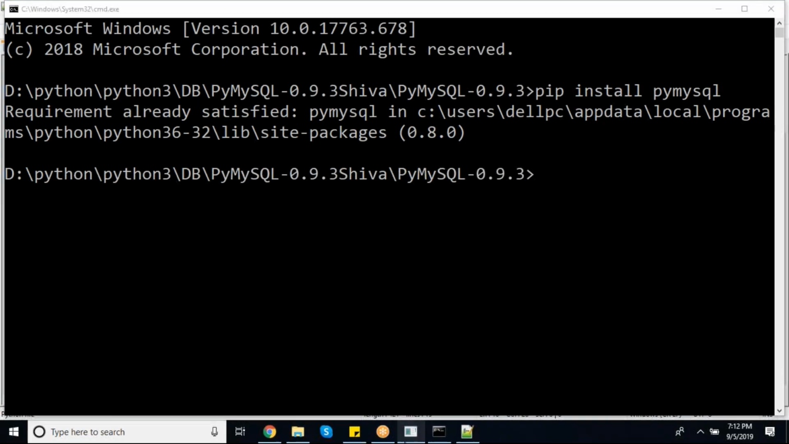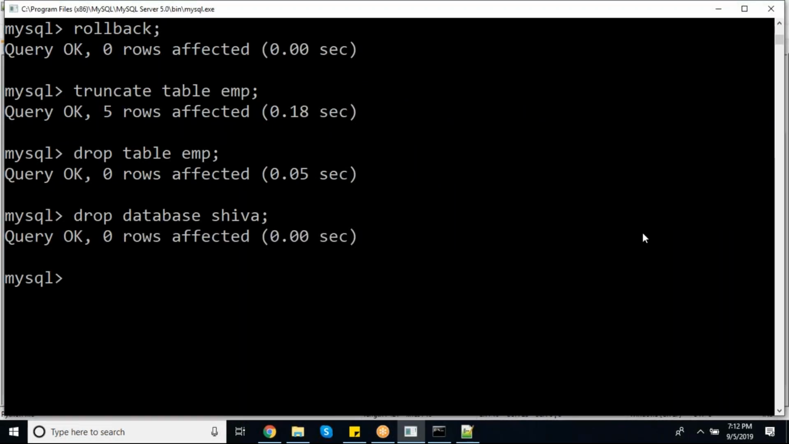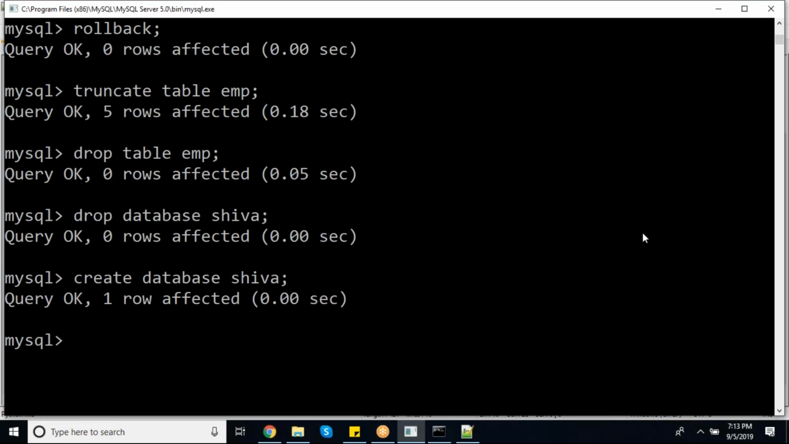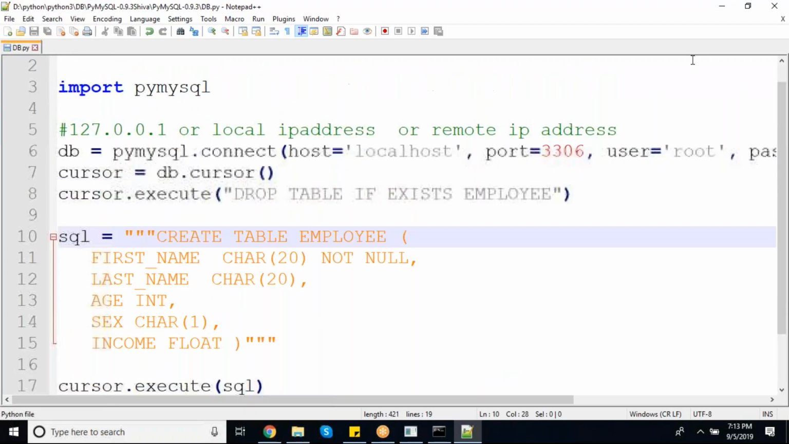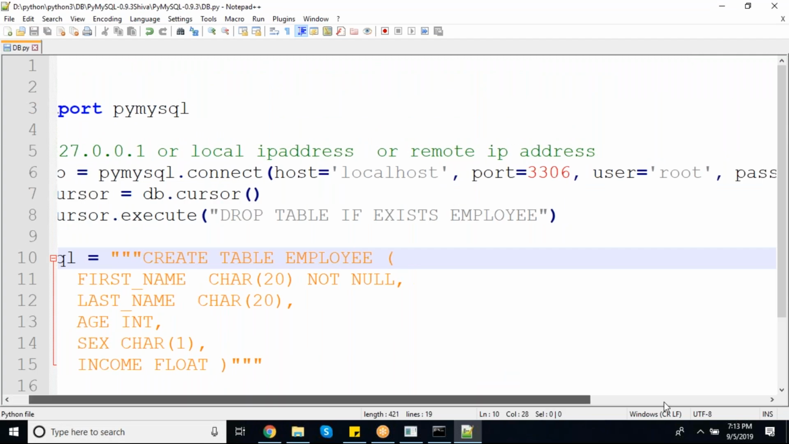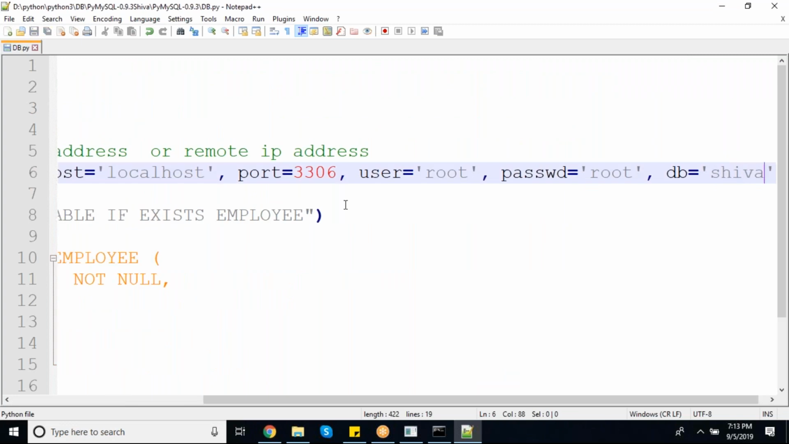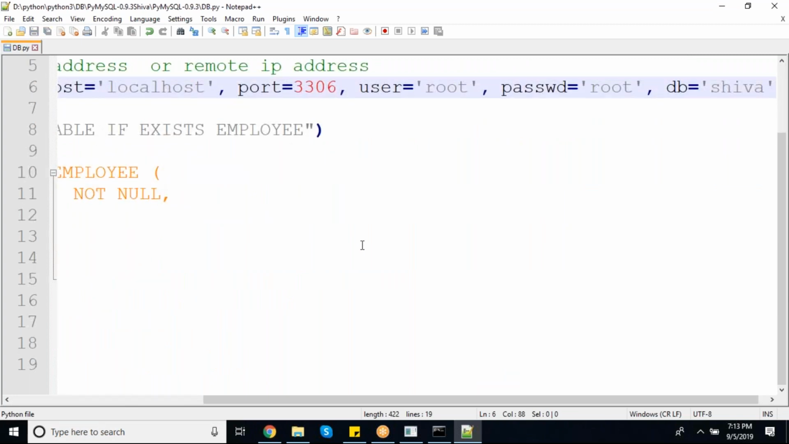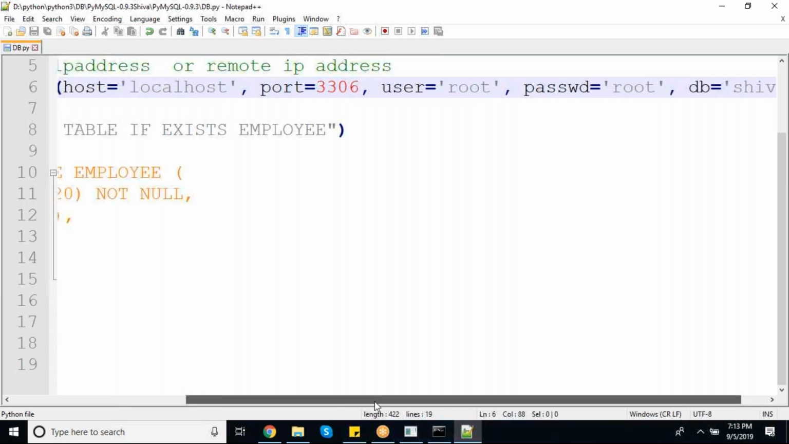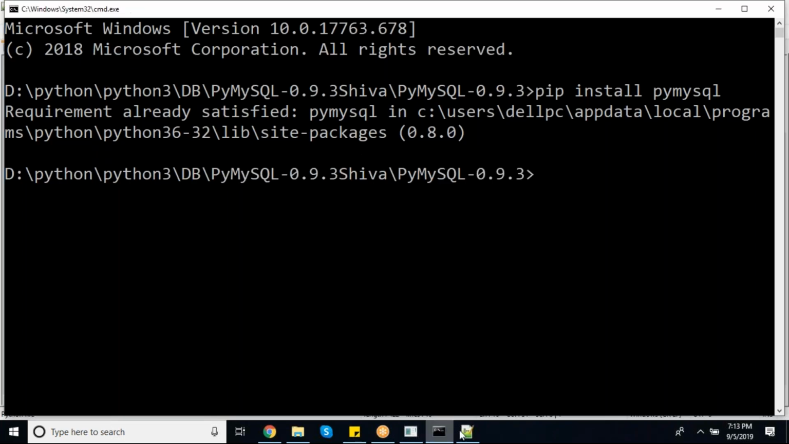First, let me check. I will create one more database. Create database Shiva. Just now I have created. In that database, nothing is there. So I will pass that database name over here. Shiva. Okay. Now my program connects to that particular database. Within that, it will create a table employee. Now, if I execute my program,